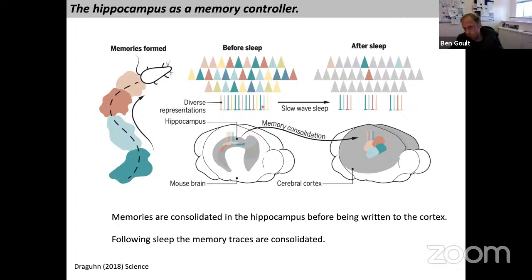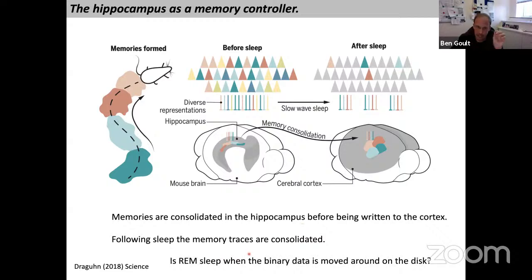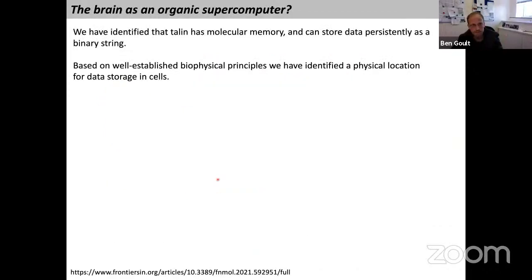And this is what's really coming, I think, that this is being demonstrated. This is a beautiful paper from a couple of years ago, where you can measure the electrical fingerprint of a mouse's activities going about its business in the day. It goes to sleep, and then it consolidates all those memories into a really precise set of electrical fingerprints. If you imagine this in the mesh code framework, then this would be constantly updating this binary pattern, moving this data around on this disk, and then the next day the memories are consolidated. So maybe REM sleep, where there's all that electrochemical activity, is the physical moving around and the contractions to change these patterns of ones and zeros to write this information.